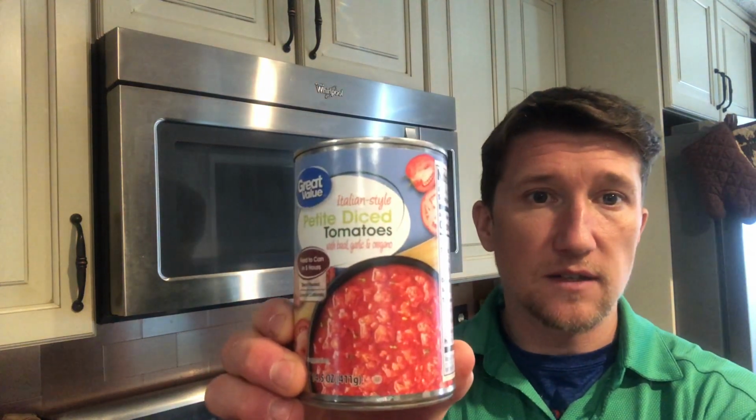So let's pretend, for example, you find that one carrot in the back of the produce drawer. You find a potato somewhere in the pantry. You have a little bit of leftover croutons from a salad. That little bit of shredded cheese that isn't enough to do anything with per se, but it's still there and you don't want to waste it. You have a bag of spinach that's going bad. But you have something like this, canned diced tomatoes. I like chunky tomato soup. So for me, that's a good starting point because by doing some chunky tomato soup like that with some broth,